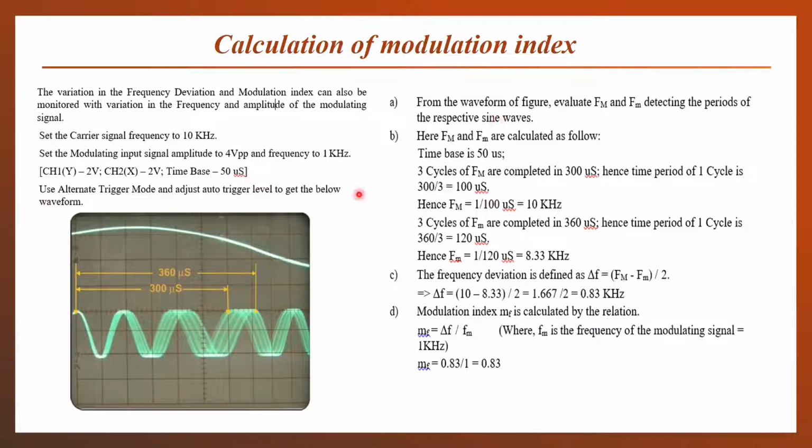And from these waveforms, we can check that we can observe the maximum frequency deviation from this cycle. You can see that the markers which have been provided here for this waveform have the maximum frequency deviation. This marker shows that 3 cycles, 1, 2, and 3 cycles of FM, have been completed here.